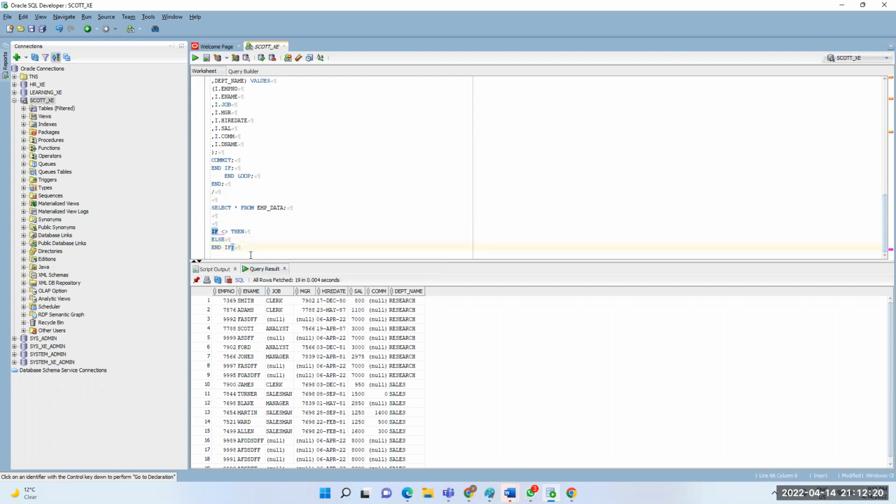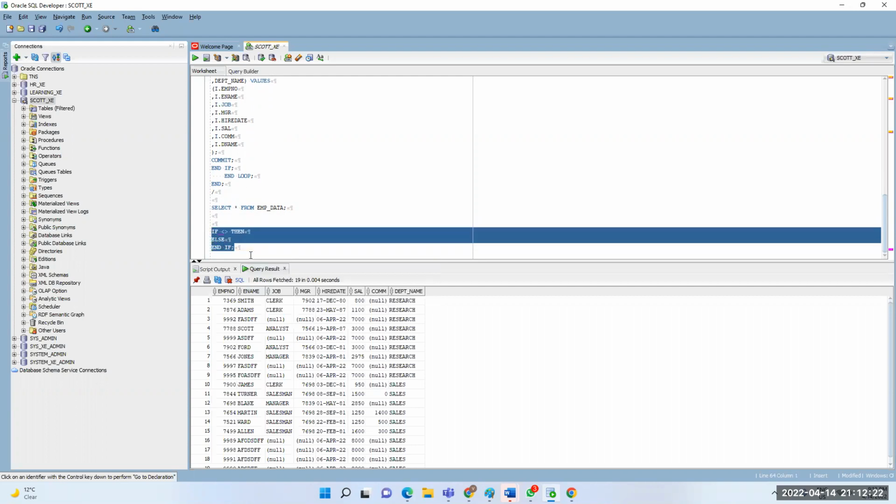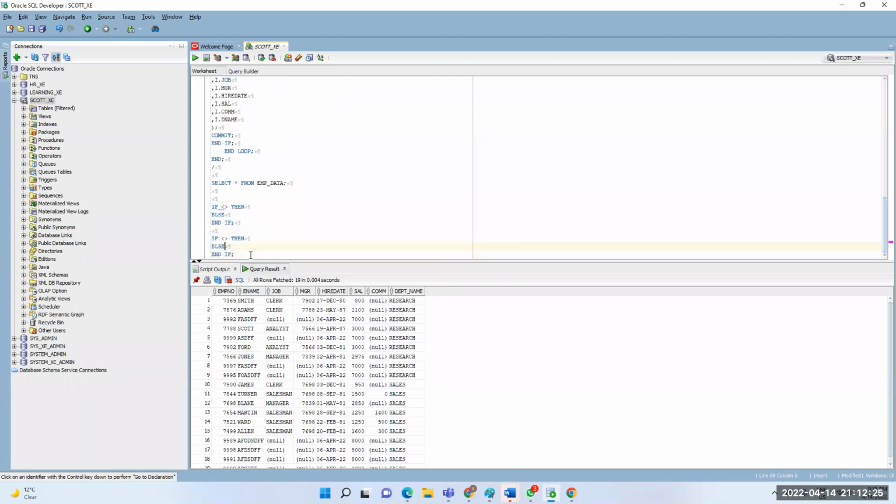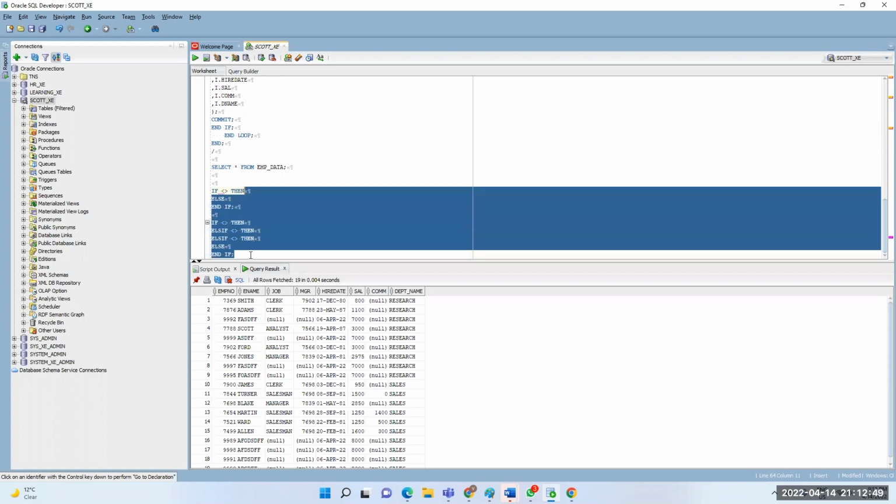And if you want to write else if, instead of writing else, you need to write else if condition, then, and else if condition, then. The last condition else we can write, or otherwise you can ignore it and directly close this with end if. Okay, these two are the syntaxes for if else conditions.